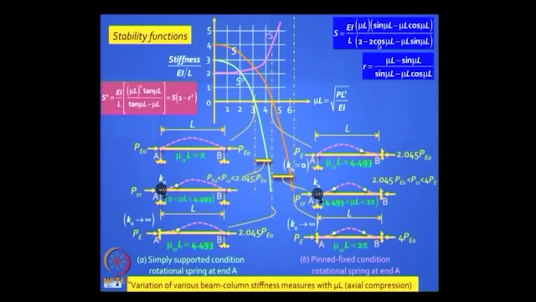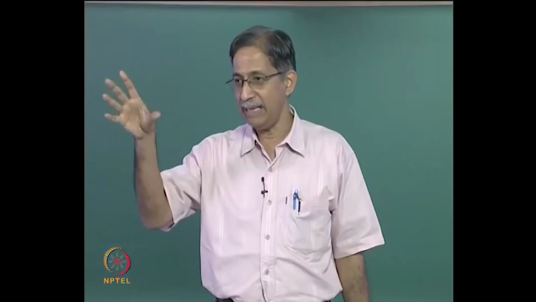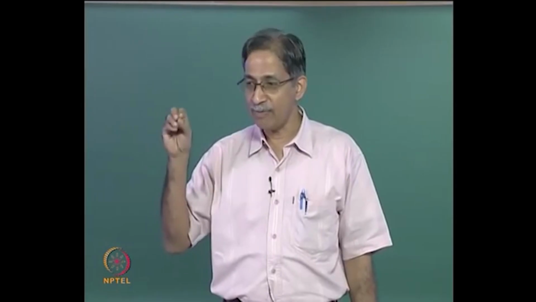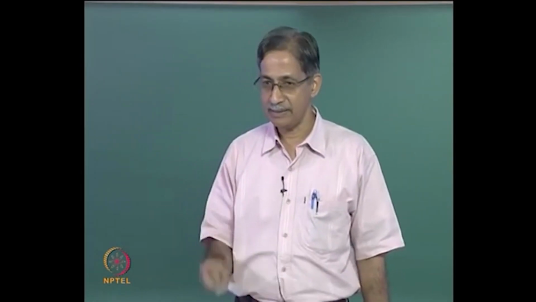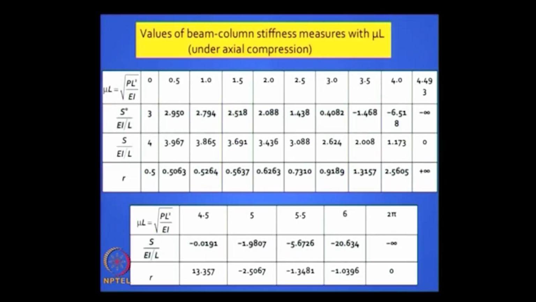Is it clear? So we have these functions, these are called stability functions, S, R and S naught. They are a function of a parameter called mu L. That's all you need. You can program it. So if you give me P, L and EI, the square root of PL squared by EI is mu L. That's my parameter for figuring out what this stiffness measure is. The stiffness measure will be related to 4 EI by L, 3 EI by L, 2 EI by L. Is it clear? So to sum up, you can make a table and generate these values,